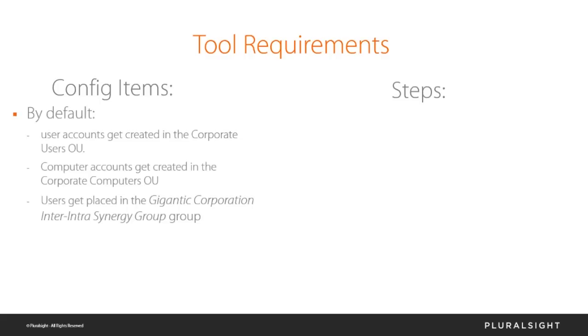So the first configuration item in the tool requirements is, by default, this is what I want to do in this script. I want to create user accounts in our corporate users OU. So there's a central OU that we, by default, put everything in. And next we have a corporate computers OU. So every time I create a new AD user for an employee, it should automatically go in this corporate users OU. And then finally, we have a default group we want to put users in, and that's the Gigantic Corporation Intra Synergy Group,